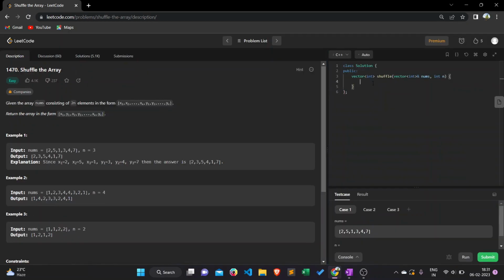So now let's see how we can implement it. Let's create an output vector, which will be of size 2 cross n. Now what we are doing is simply traversing one half. We can traverse from 0 to n, and in result of 2 into i we will fill nums of i, and in result of 2 into i plus 1,